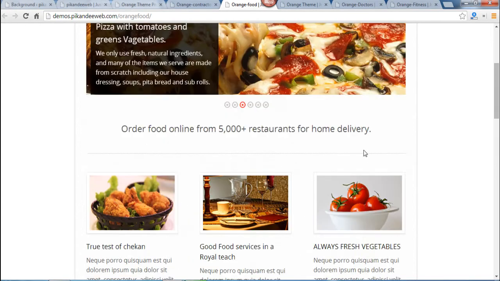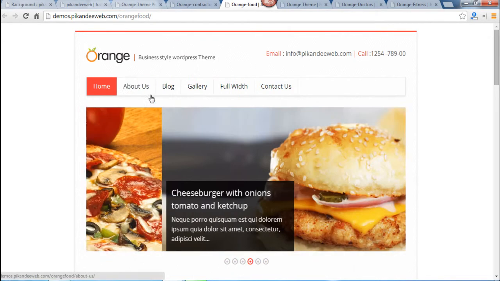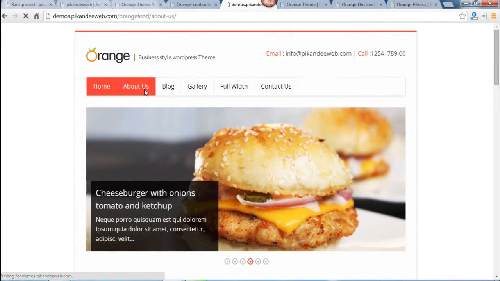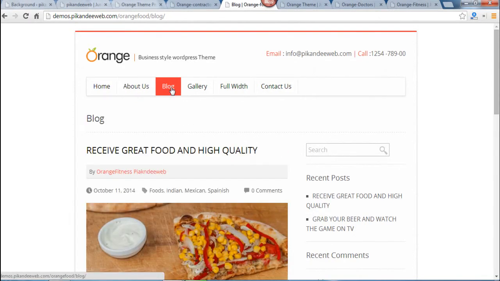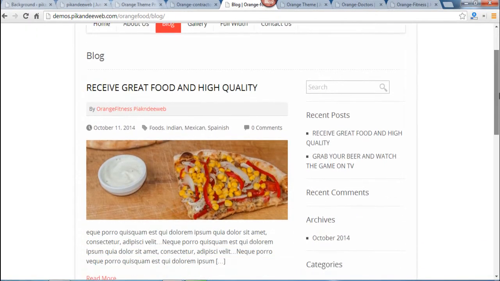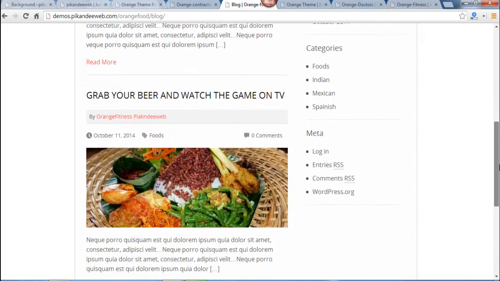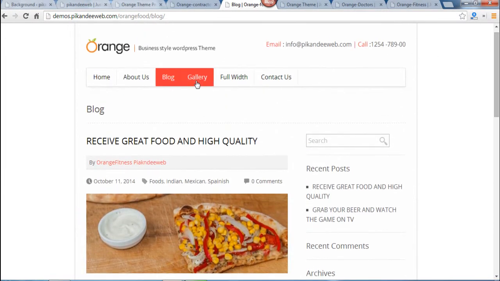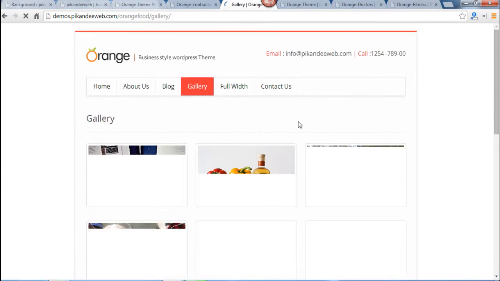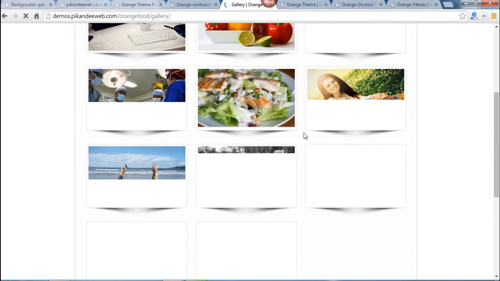You can add unlimited feature images, you can add unlimited sliders. About us, this is the about us page. Blog, this is your blog page. A beautiful, awesome WordPress blog page is there. You can add as many blogs as you want. Gallery page, a very beautiful gallery page is there.